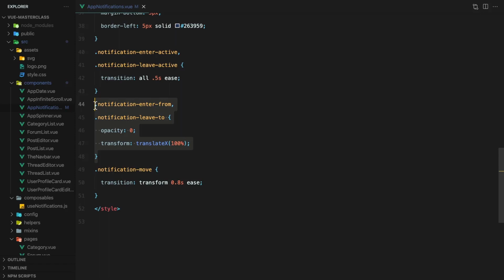This class exists until one frame after the element is inserted, thus giving the element the appearance of fading in and moving to the left. The same is applied to leave, just in reverse. This style makes the notification glide smoothly to its new position once another notification is added underneath it.